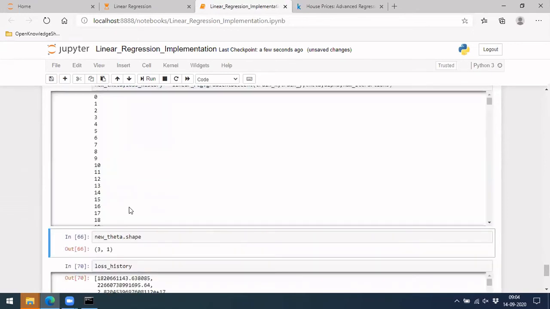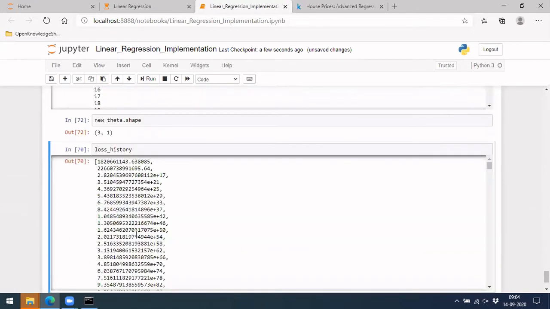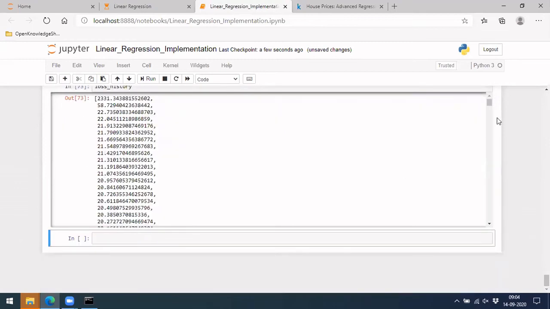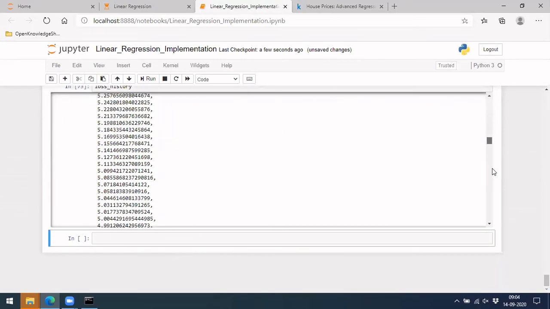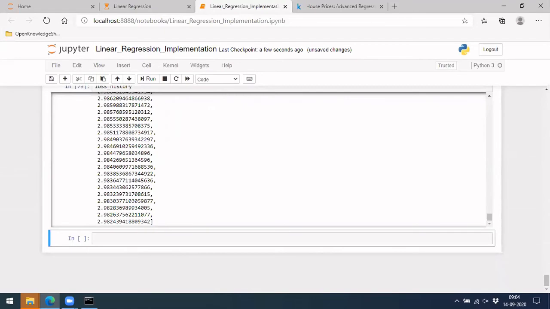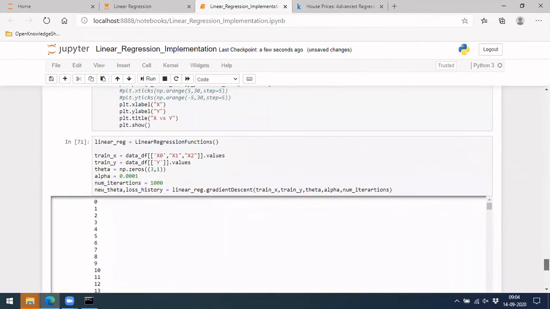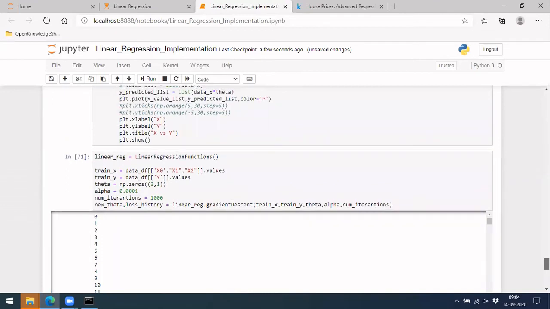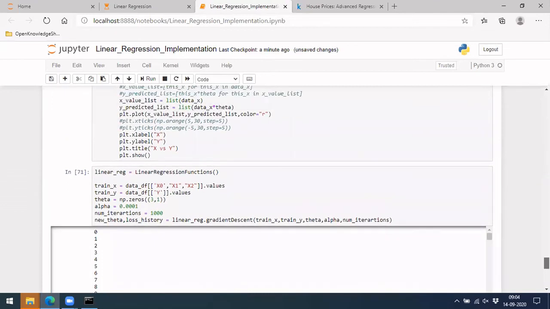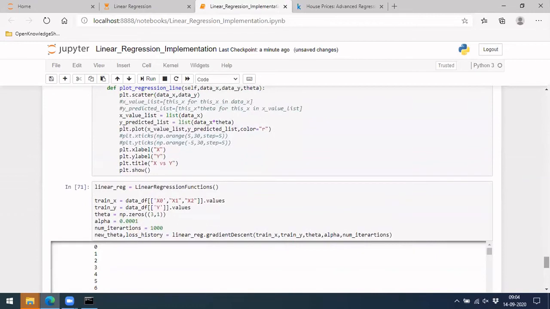So let's do one thing. Let me put, see, now this is slightly sensible. So this is one issue which I thought I'll introduce to you in further sessions. But here, if your alpha learning rate is not good, your values would explode.